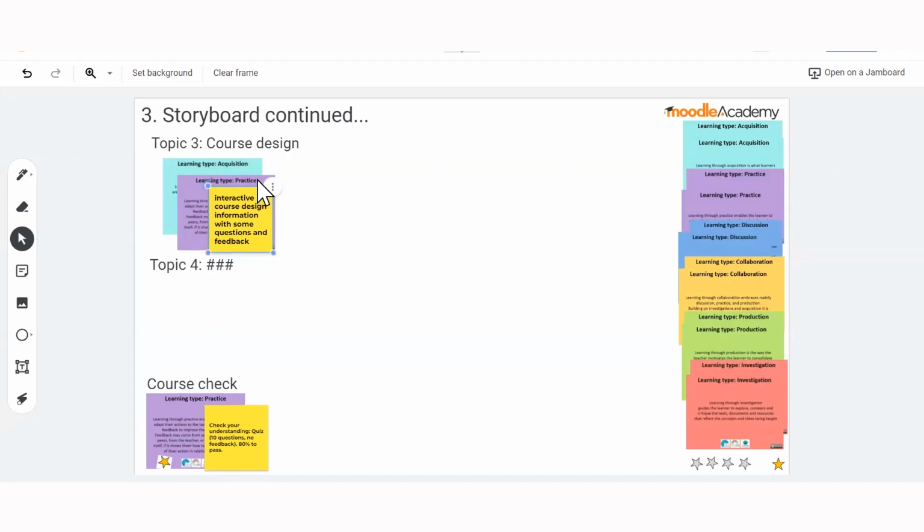So there's one high level learning task, not going into too much information detail yet. It's just thinking about what the students will actually be doing to complete that task. And at this point, it could be done using different tools. It might be using the lesson tool instead, which we used to use quite a lot on Moodle Academy, but we've switched to the book.